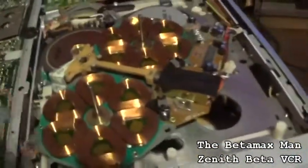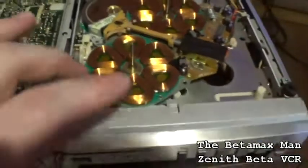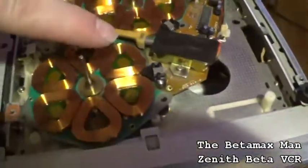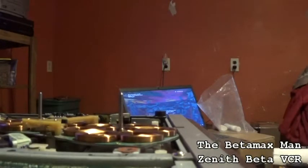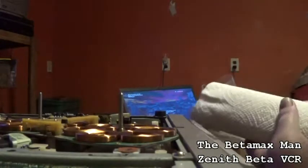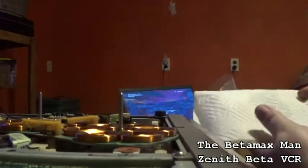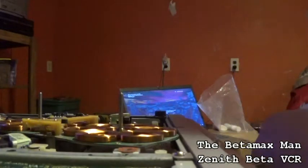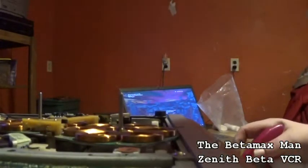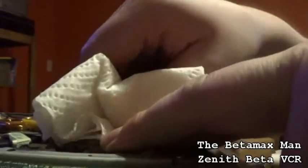So now we'll just do the same procedure to this post as we did to the other one. Another thing that I'll mention that you want to do is put a little bit of contact cleaner on the solenoid switch. Okay, so let's get this all cleaned up here. Sometimes when you're pulling those parts apart, that spring went flying, and I just happened to see where it went. It went underneath, inside the machine through the hole, and landed on the wooden tray that I'm working on. So, okay,